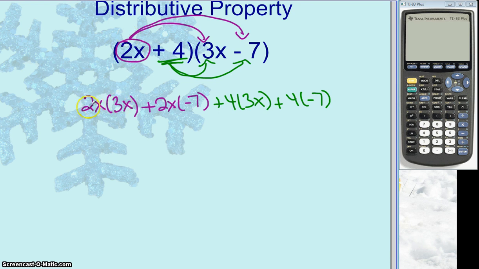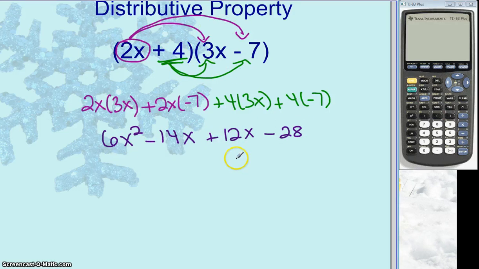Now let's work out the math. So the math part for this, 2 times 3 is 6. X and x makes x to the second power. For the second set of numbers, 2 times negative 7 makes negative 14. X just stays x. For the third set of numbers, positive 4 times 3 is 12. X just carries down and stays x. And for the last two numbers, 4 times negative 7 is negative 28. What you should notice is that I have 4 arrows drawn, and I have 4 terms down here in my